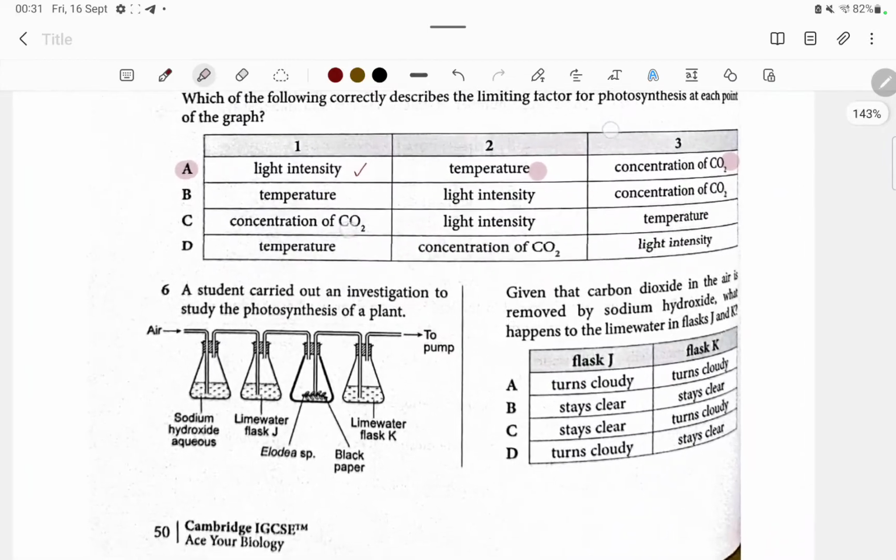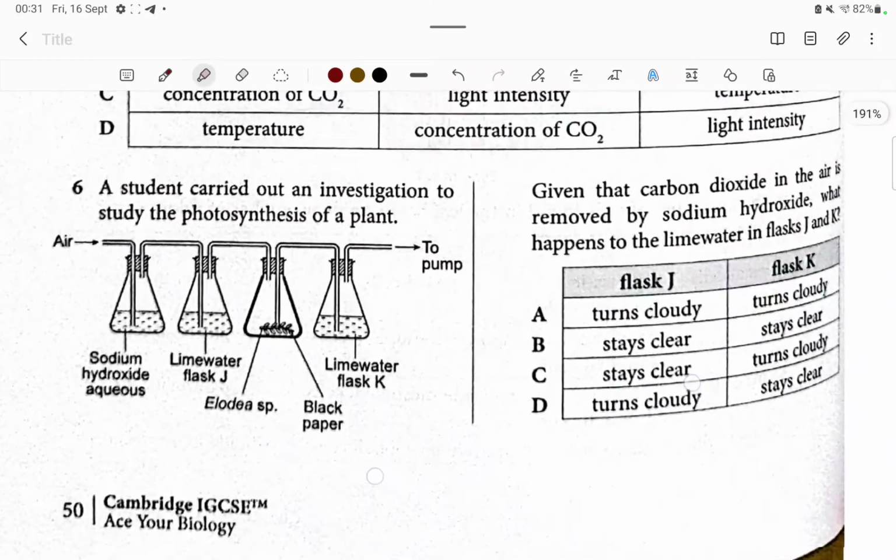Okay. Number 6. A student carried out an investigation to study photosynthesis of a plant. So here you have sodium hydroxide and then lime water. This one is the species of the plant, and then here you have black paper, and then this one is lime water. Air in, air out. So the sodium hydroxide,